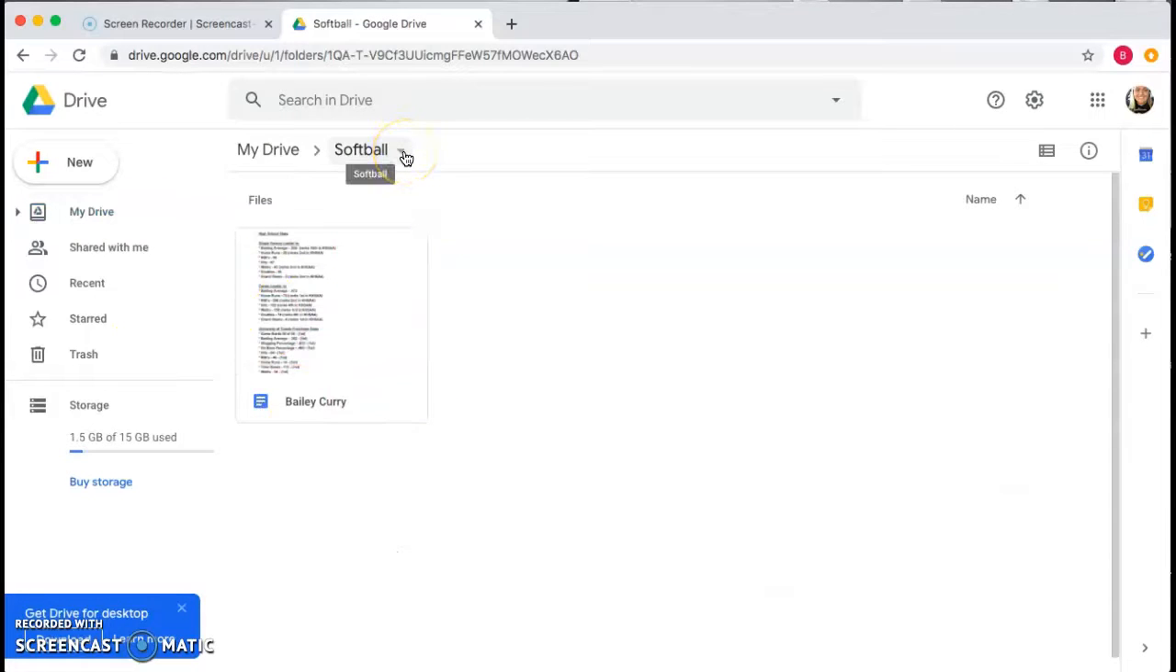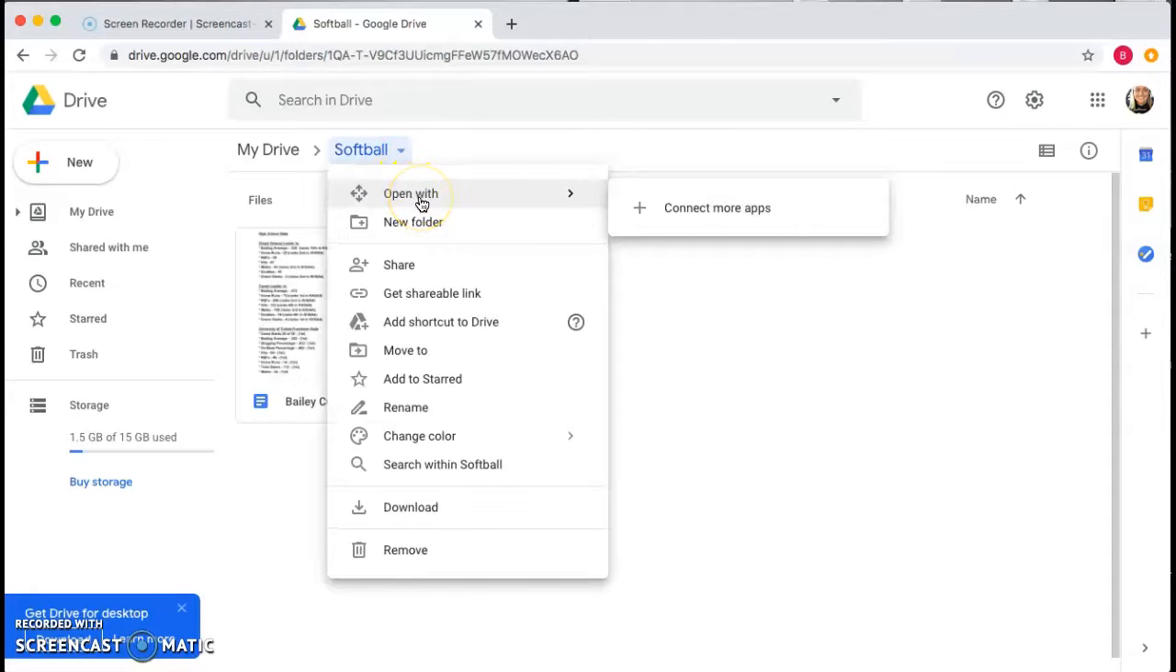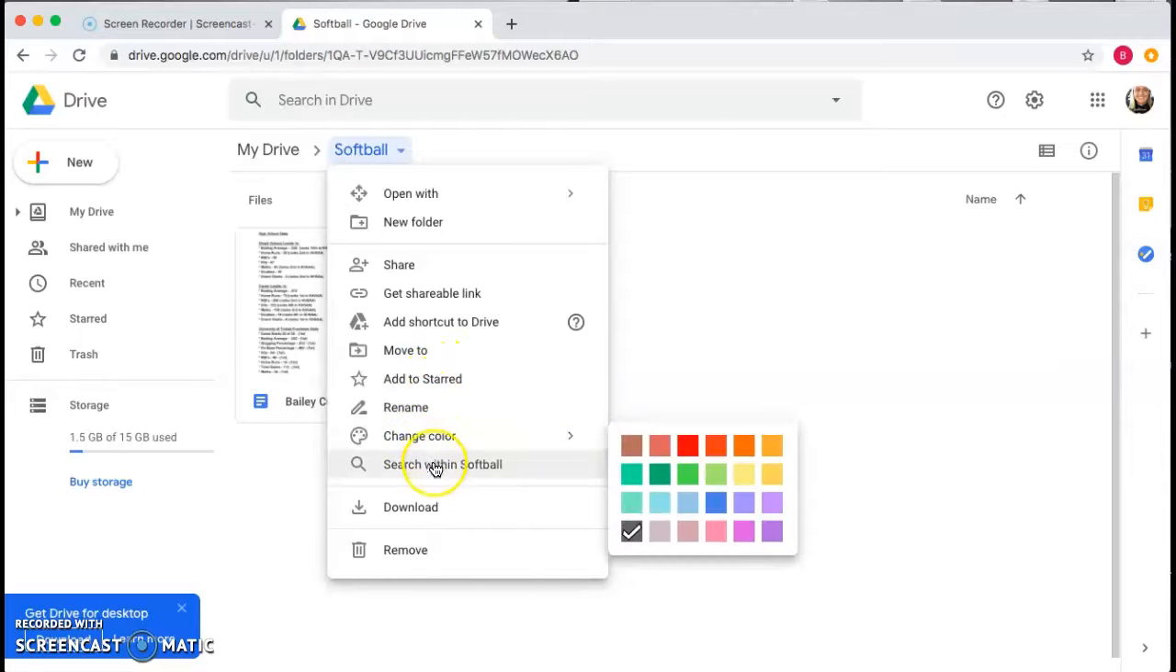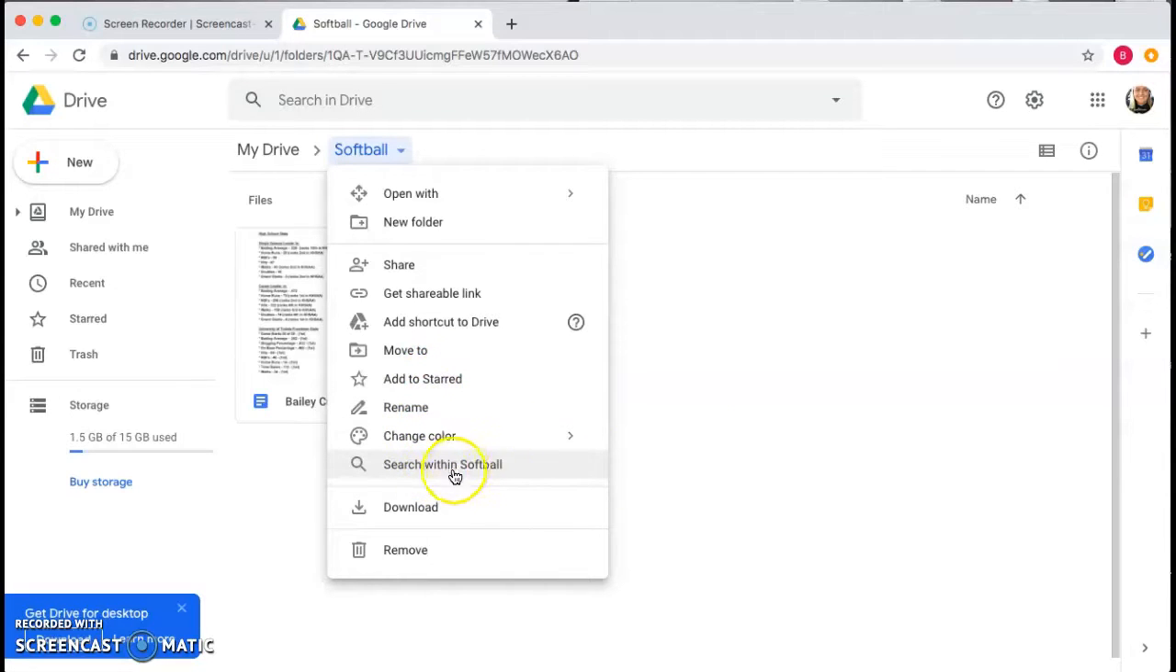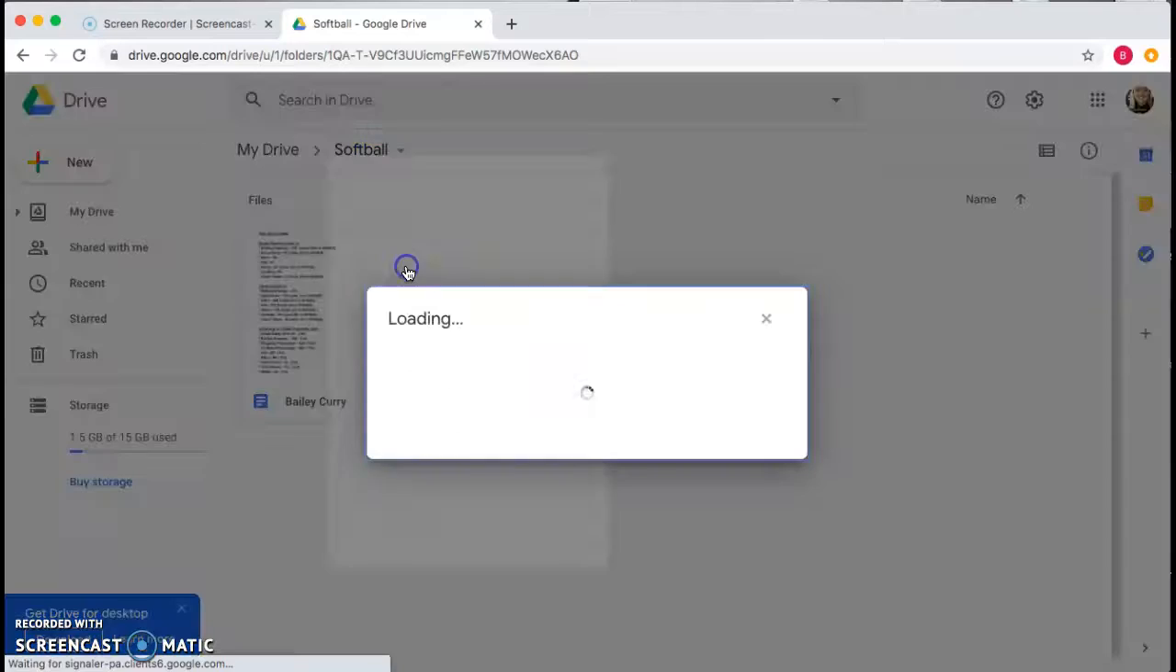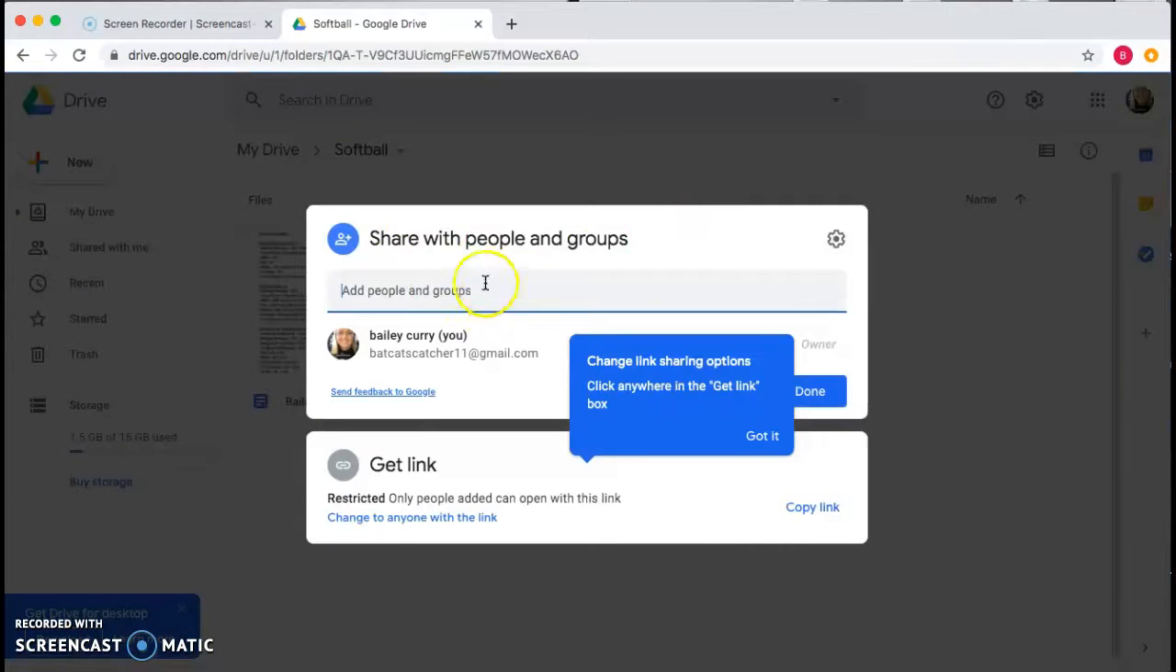So you'll go up here and go to this little drop down box right here, and you can open with more apps, like connect, add more apps, a new folder, share, get a shareable link, add shortcut to drive, move to, add to starred, rename, change color, share within softball, which is within my folder, download, or you can remove it. So we are going to learn how to share, so we'll click share, and it'll bring up share with